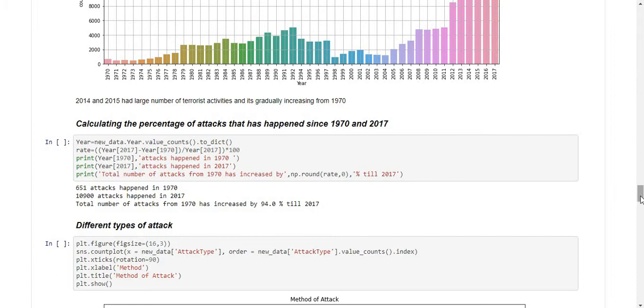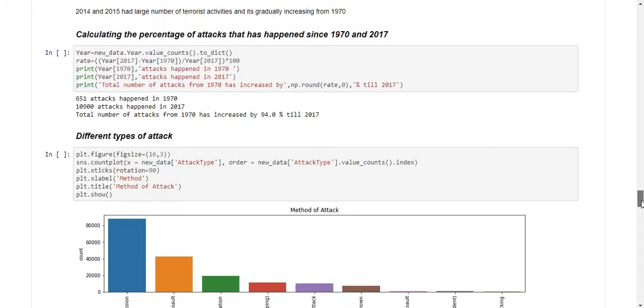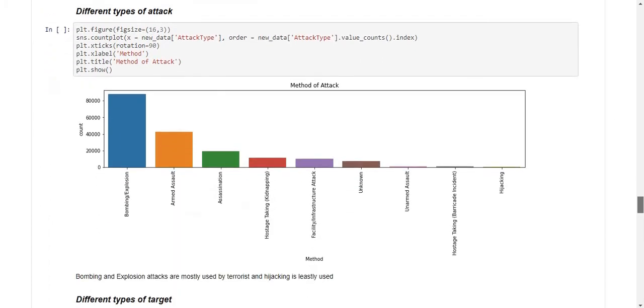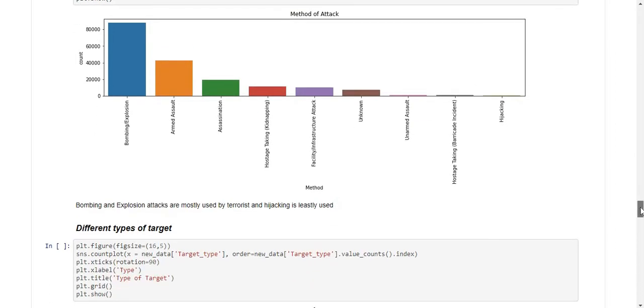It's a large scale percentage. Then we draw a bar diagram for different types of attacks, and see this is the large one. So bombing and explosions are the most used for terrorist attacks.